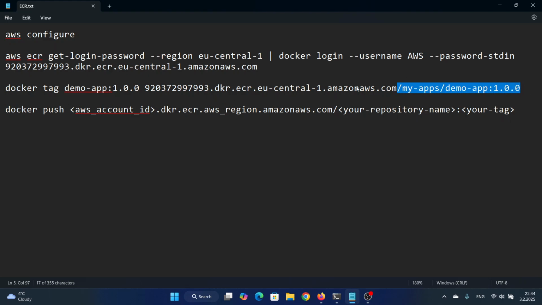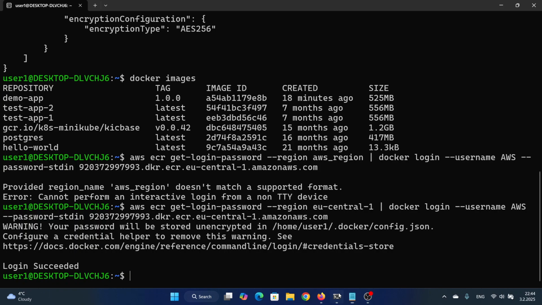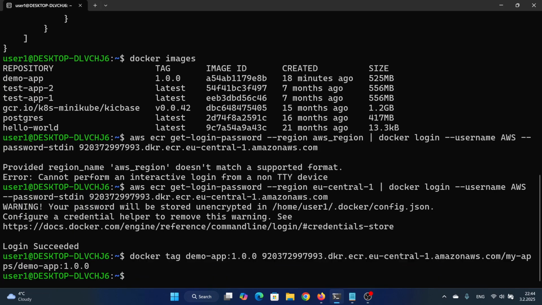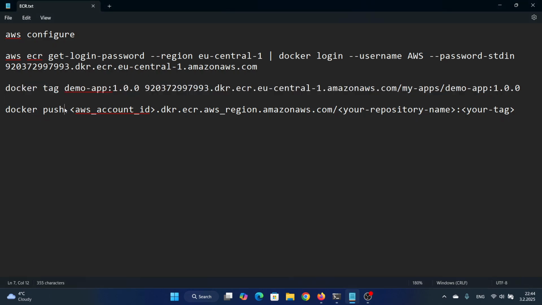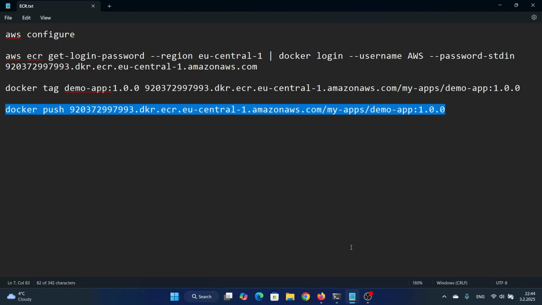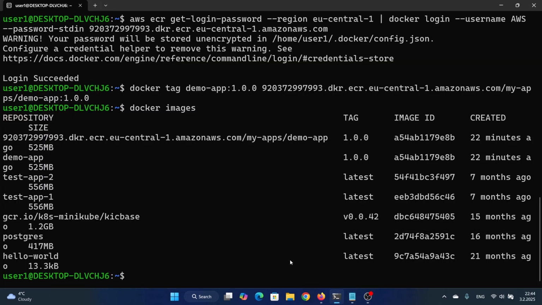So this command is going to retag our image with the repository here. I'm going to run that, and now if I run docker images, as you can see, we have the image here retagged with our ECR. And now all that's left is to push that image. So I'm going to write docker push, and we are pushing the image that we just retagged locally. So I'm just going to copy that and enter it right over here,